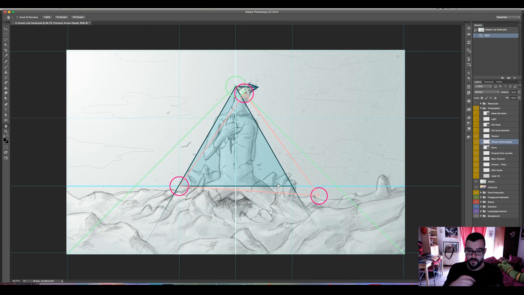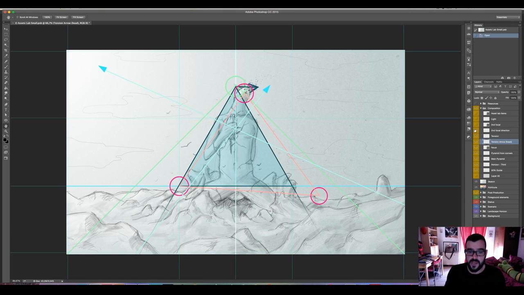Well, I think you're watching me mirror it, but well, you get the idea. Okay, so it falls to the right and it might cause some issues. So I'm going to add a secondary focal point that will anchor the composition to the ground. How am I going to do this?